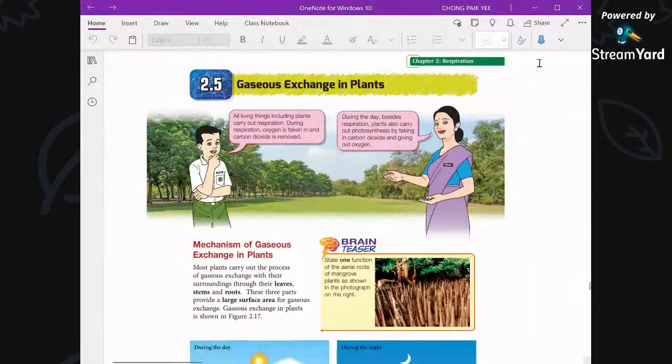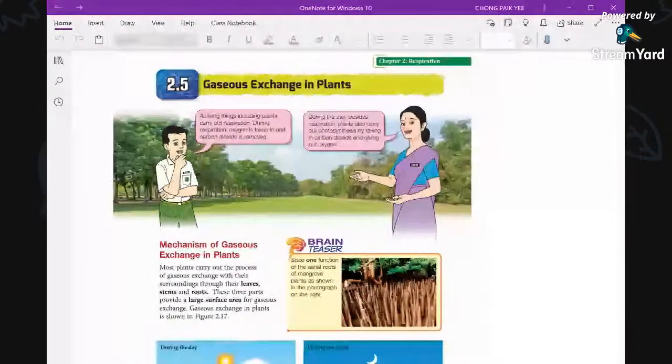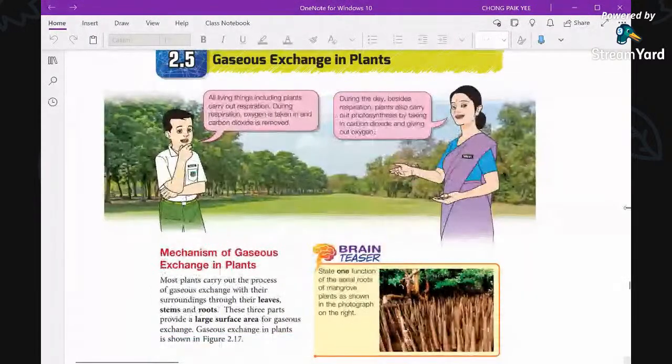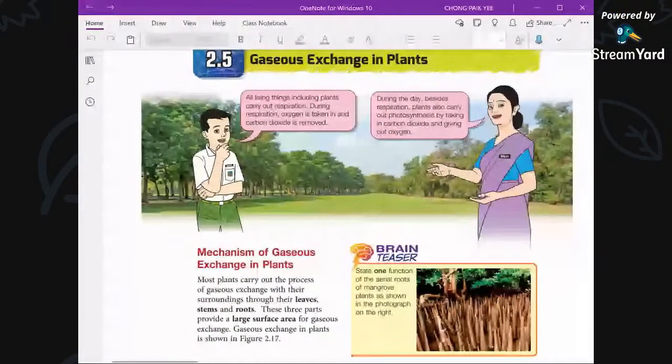Now let's look at this. So we have seen an exchange of gases in the human body through the alveolus and blood capillary. So now we want to see how oxygen and carbon dioxide enter the plants. They must have special structure for them to enter. So we're going to see the special structure called stoma. I'm not sure whether you've learned stoma before in Form 1 or Form 2, but this is the structure that allows gas to move in.